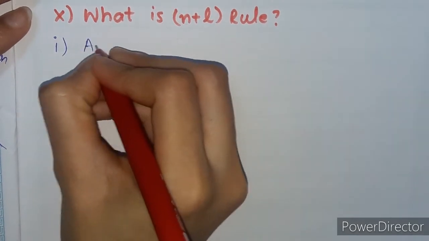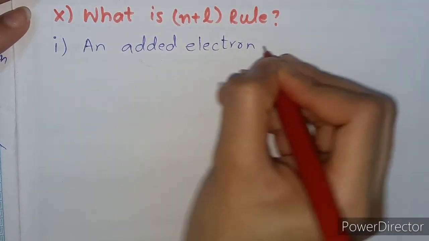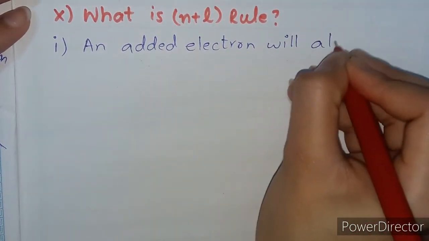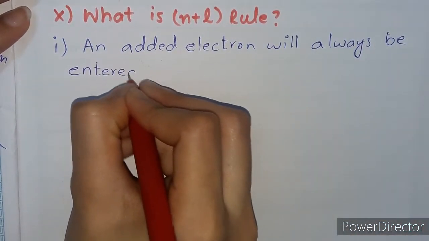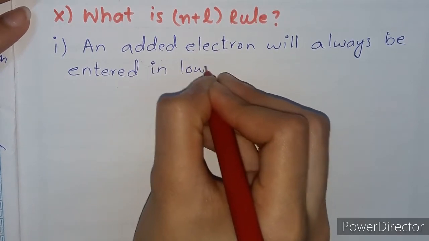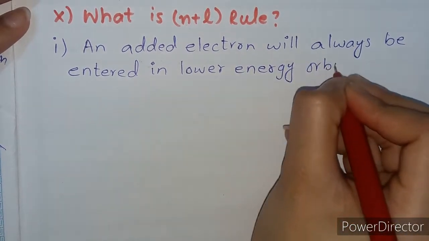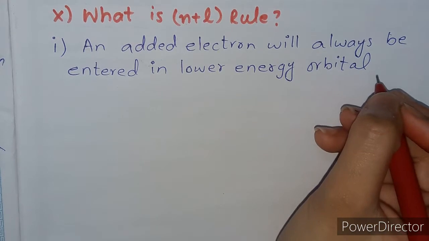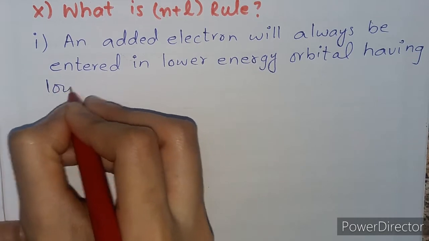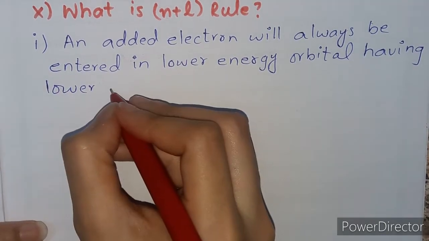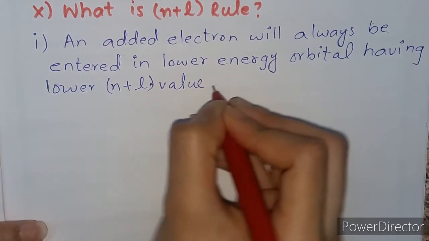First point: an added electron will always enter the lower energy orbital having lower n plus l value. Example: